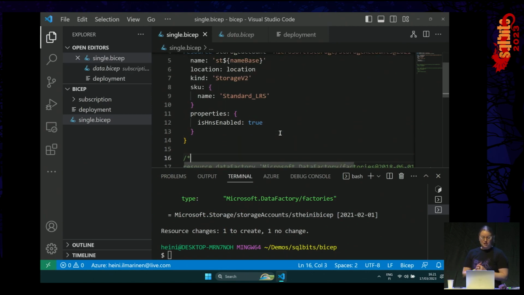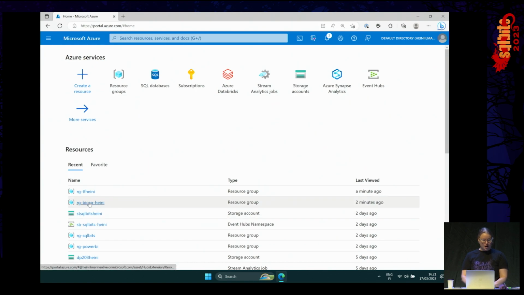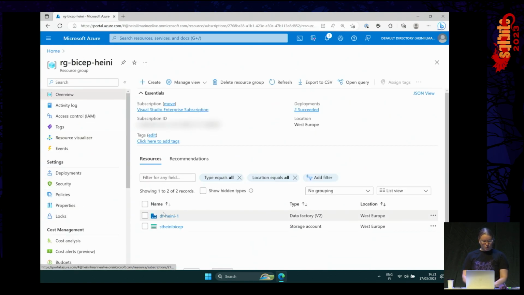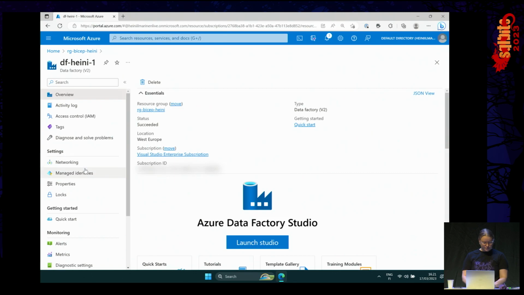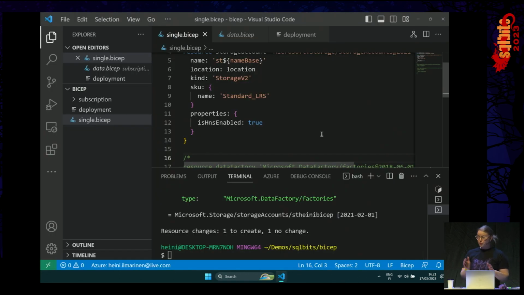And in Bicep, there's actually a really nice way to import a resource that you have created manually. What you need to do is go to the portal, go to the resource that you want to import, and find the properties, and then copy-paste the resource ID. And then in Visual Studio Code, this is now related to Visual Studio Code as well,